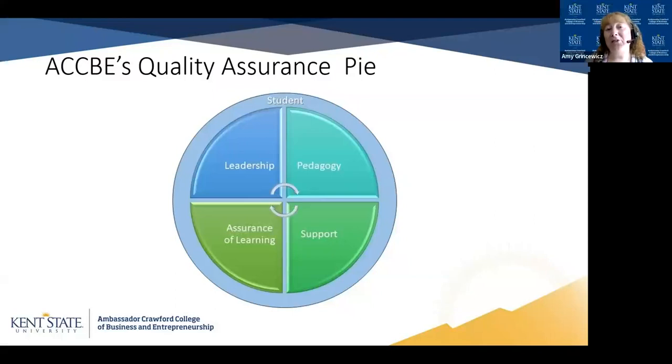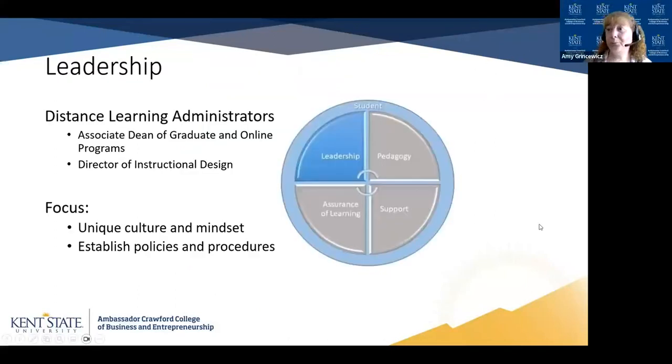There are a lot of things that I'm going to say that you probably can take away to your own institutions. And I kind of look at quality assurance as being something that may be unique for each institution, for each college, for each program, because you're all going to have different parties that are involved. But this is kind of our quality assurance pie. So we start with leadership. And this is the most critical piece of the pie because this is kind of what governs all the other